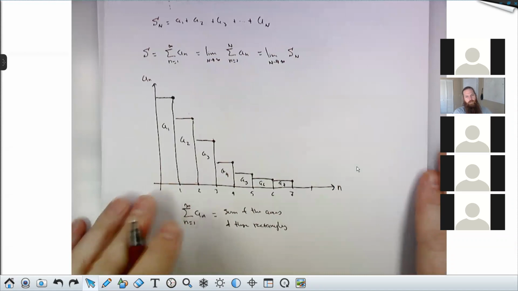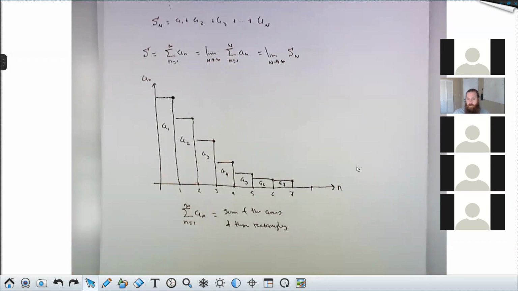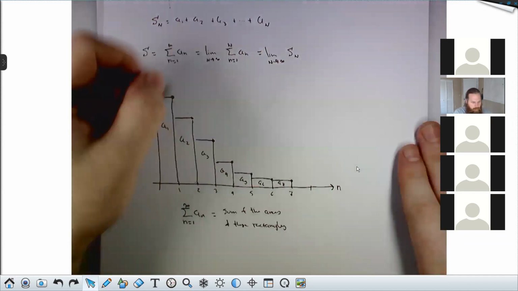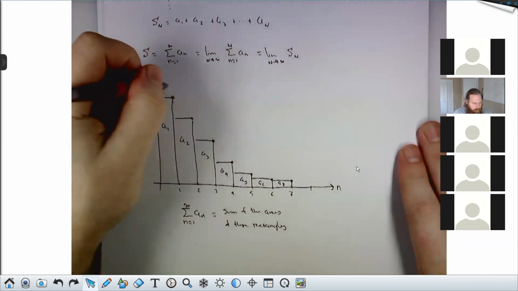And thinking about it like that, you should start seeing a connection to integration. The sum of a sequence, a series like this, is very similar to the integral of a function. If the sequence is the function, then the sum is the integral. And what we're doing when we mess around with these infinite series is something very similar to trying to integrate a function like this